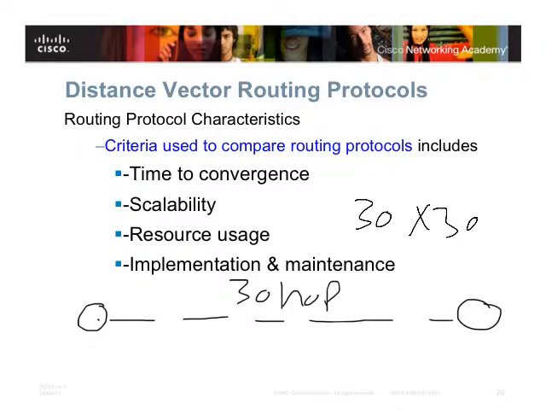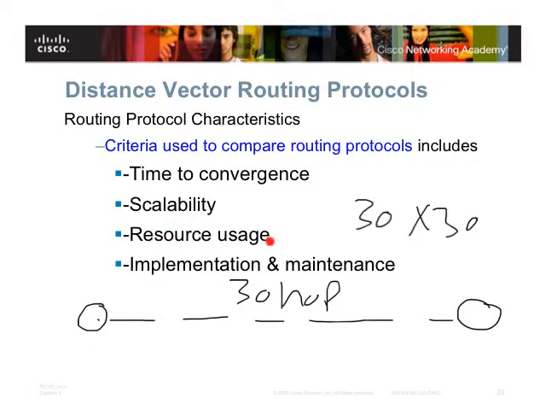900 seconds is significant. It's like a few minutes. I don't know how many minutes, but it's significant. And it will get worse when the size of the network becomes larger and larger. So if route updates are periodical and the duration is a little bit large, like 30 seconds, then scalability gets affected.